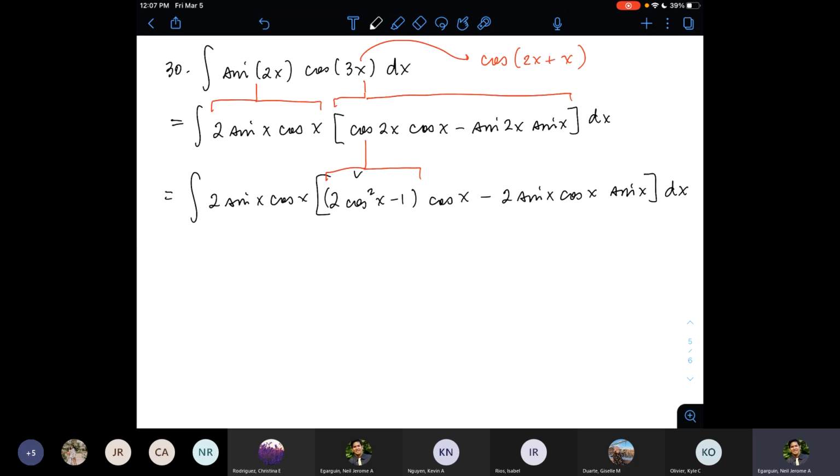All right. Or I can further simplify this as 2 sine x cosine x. And then I'll have a what? 2 cosine cubed x minus cosine x minus 2 sine squared x cosine x dx. All right. That's a mouthful of substitutions of trigonometric identities there. But yeah, we arrive at this point, and now you need to think of what would be the nice substitution